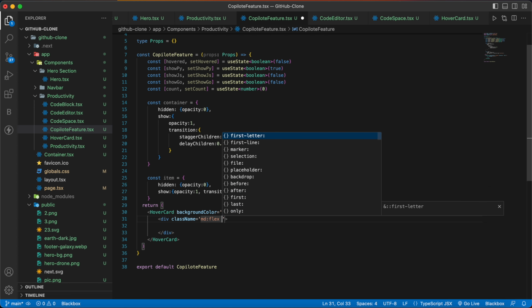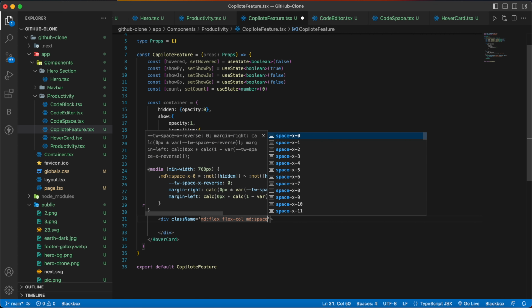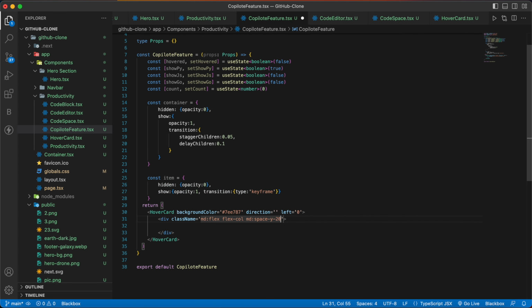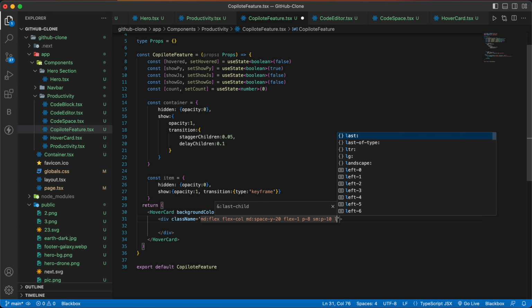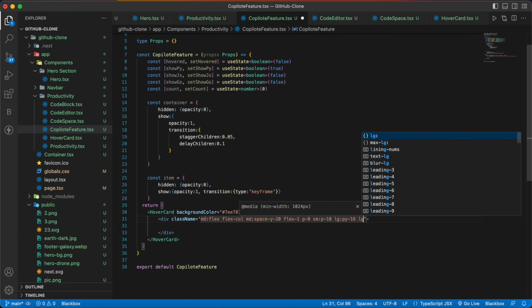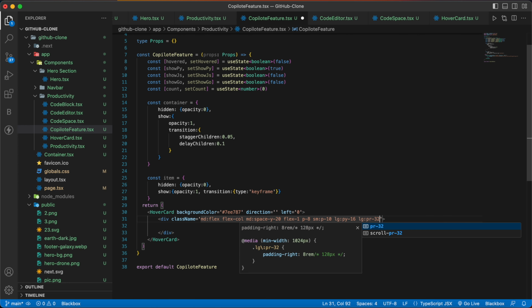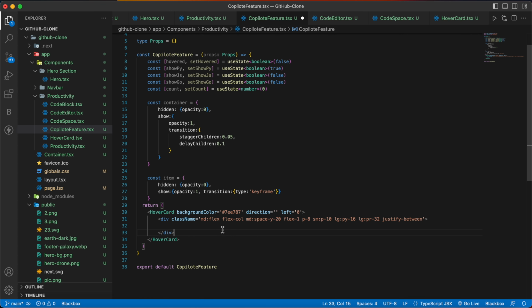md:flex, flex-col, md:space-y-20, flex-1, p-8, sm:p-10, lg:py-16, lg:pr-32, and justify-between. And inside the div we are going to have a p tag with the class name of